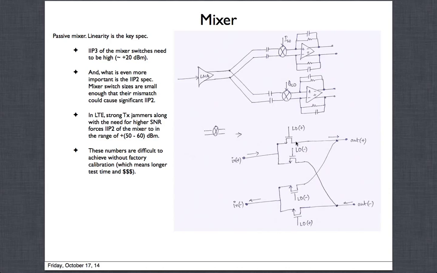Okay, when we do that, then we are able to lower the second order distortion that is produced here. And when we lower it, the IIP2 goes up. So let's say a phone comes up and it has an IIP2 of only 40 dBm, we will run it through this long testing in the factory, which is what we are calling calibration. We are applying some input, monitoring the output, going back, changing some digital programmable codes, changing something in the circuitry, and doing it again. So this is the process of factory calibration, which every phone has to go through.